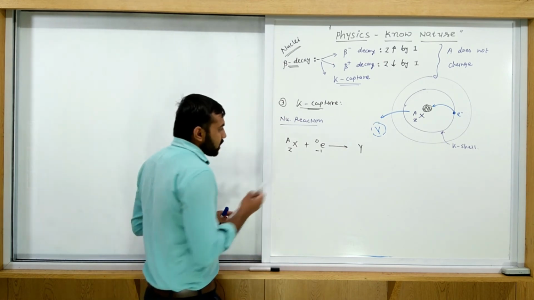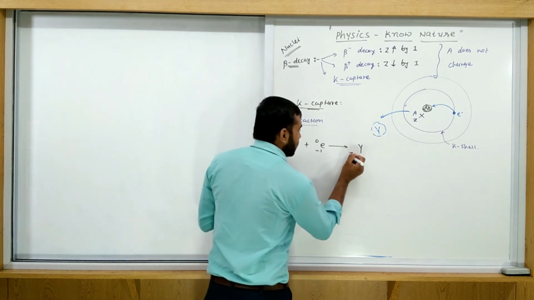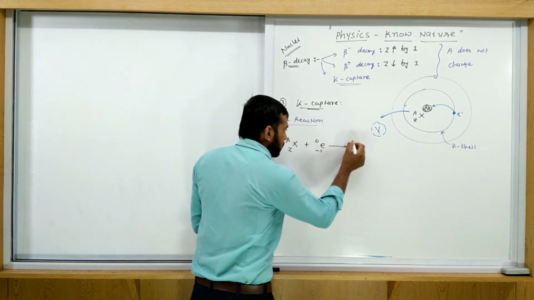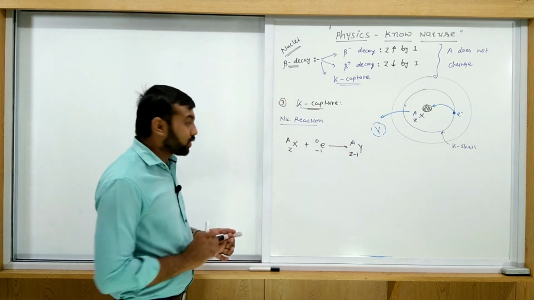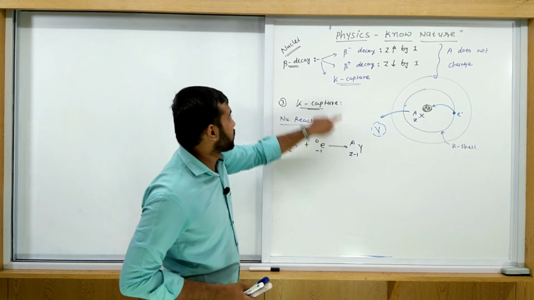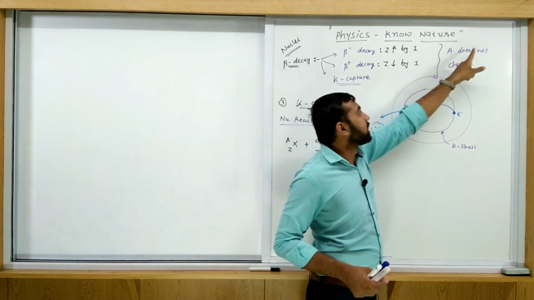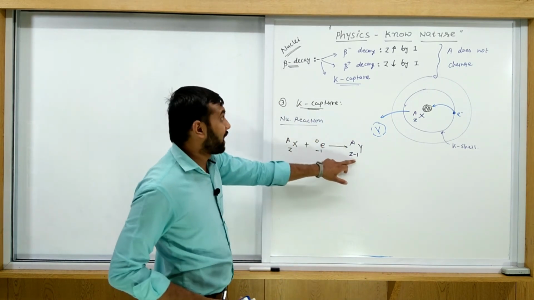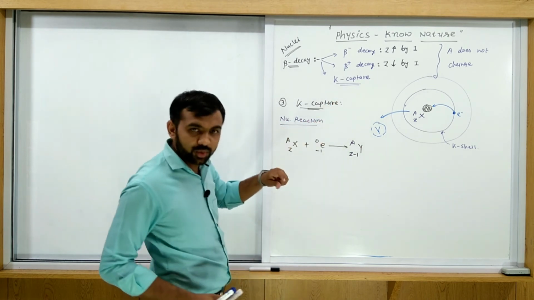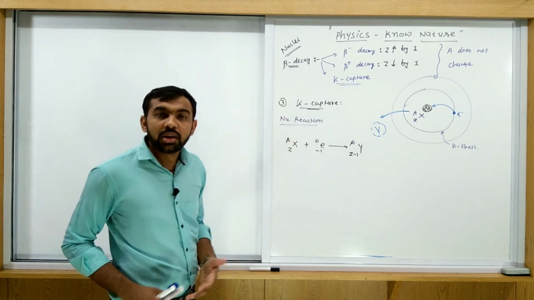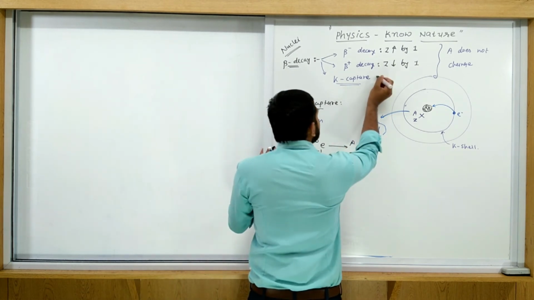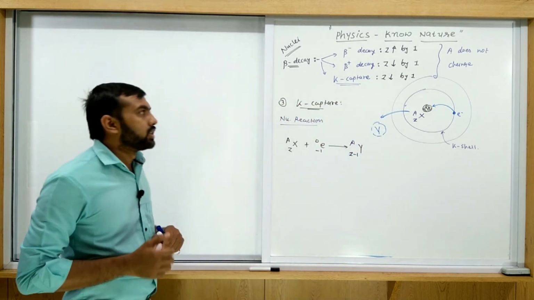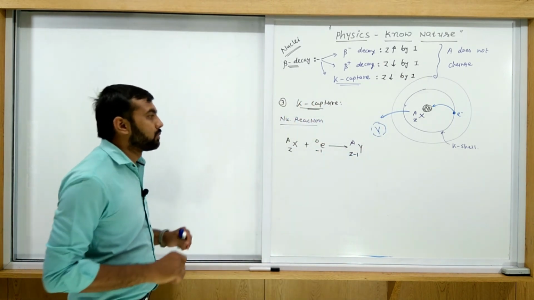So write this value: here Z minus 1. This particle has atomic number Z minus 1, and A plus 0, so it is A. If you compare, A does not change. In any type of beta decay, A does not change, but Z becomes Z minus 1. So Z is decreased by 1. This process is similar to the beta plus decay, so here also Z is decreased by 1, and this is the one simple situation.